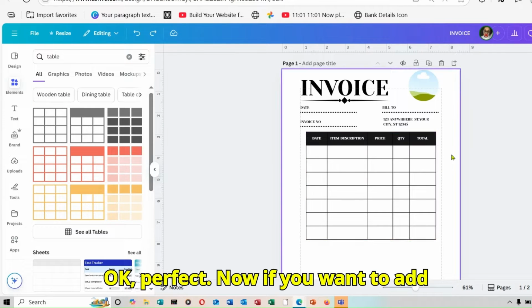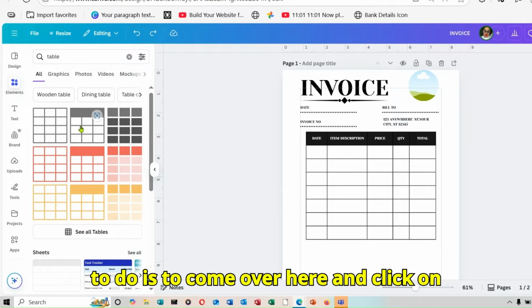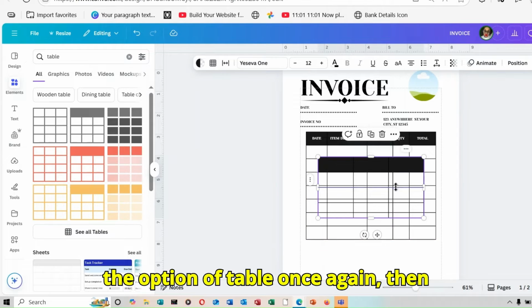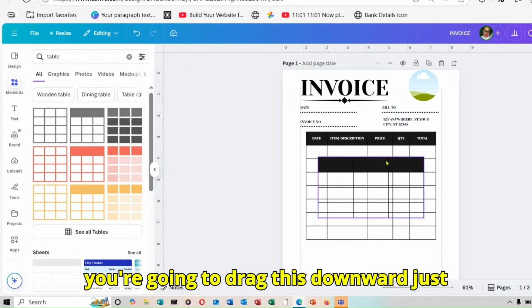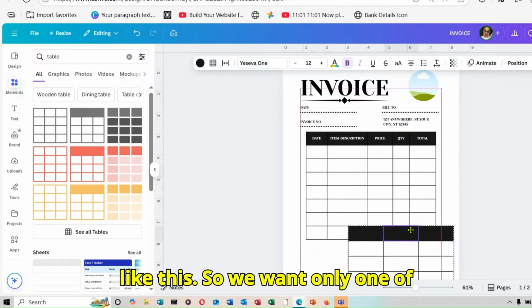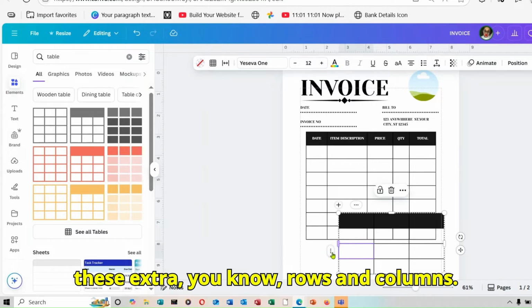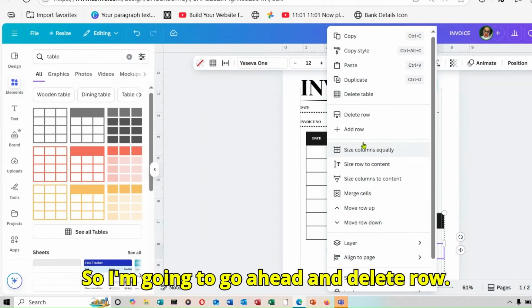Okay, perfect. Now, if you want to add the total down over here, all you have to do is come over here and click on the option of table once again. Then you're going to drag this downward just like this. So we want only one of these. Okay, so let's go ahead and delete these extra rows and columns. So I'm going to go ahead and delete